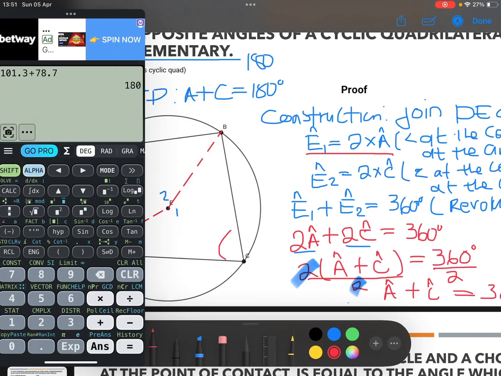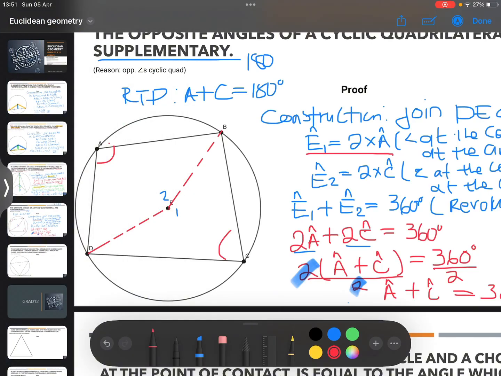Then we have proven that the opposite angles of a cyclic quad are supplementary. If we take this and add it with this, regardless of the magnitude, they're going to give us 180. It doesn't mean that A has to be 90 and C has to be 90. It can be of any size. Right. Okay, let's look at